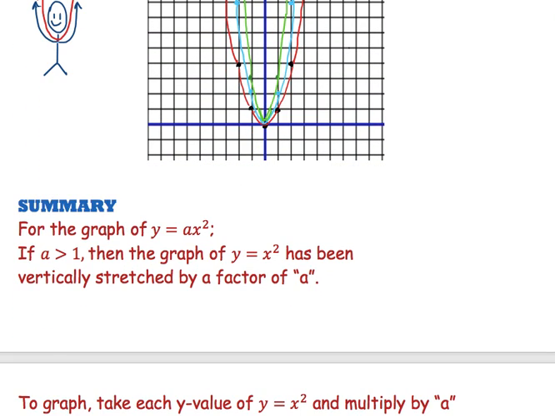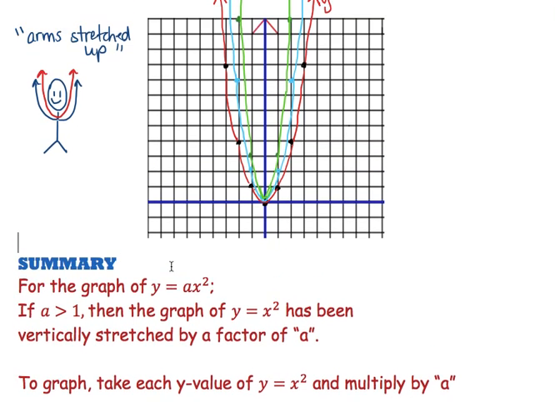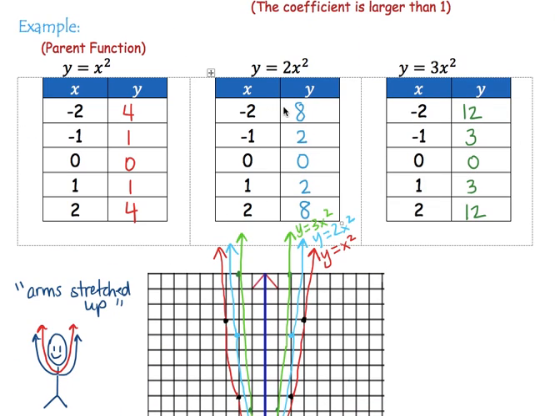So here is a summary. If you have the graph y equals x squared, and you apply a value here, so the value is greater than 1, like 2, 3, 4, you're going to find that the graph will now have a vertical stretch by a factor of the a value here. So if you want to take a look here at y equals 2x squared,